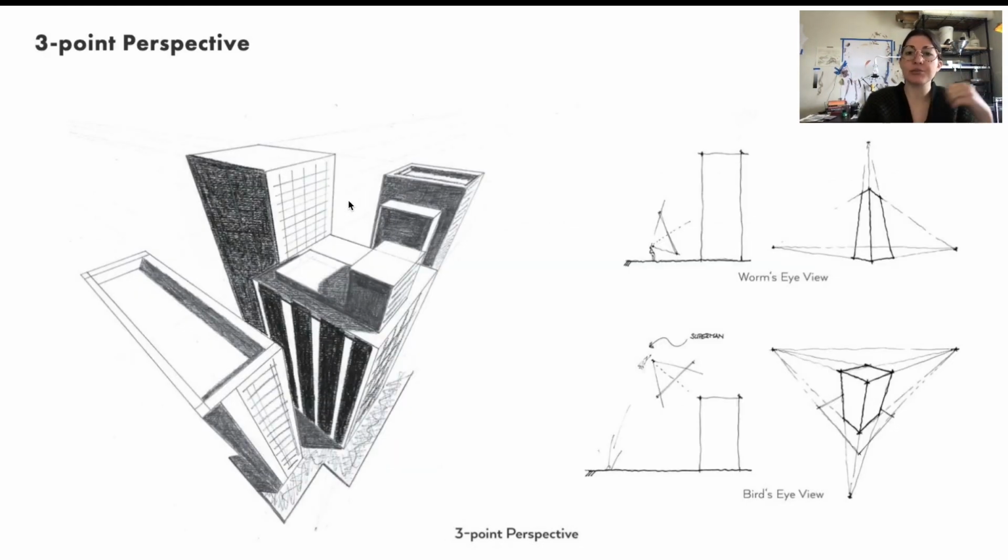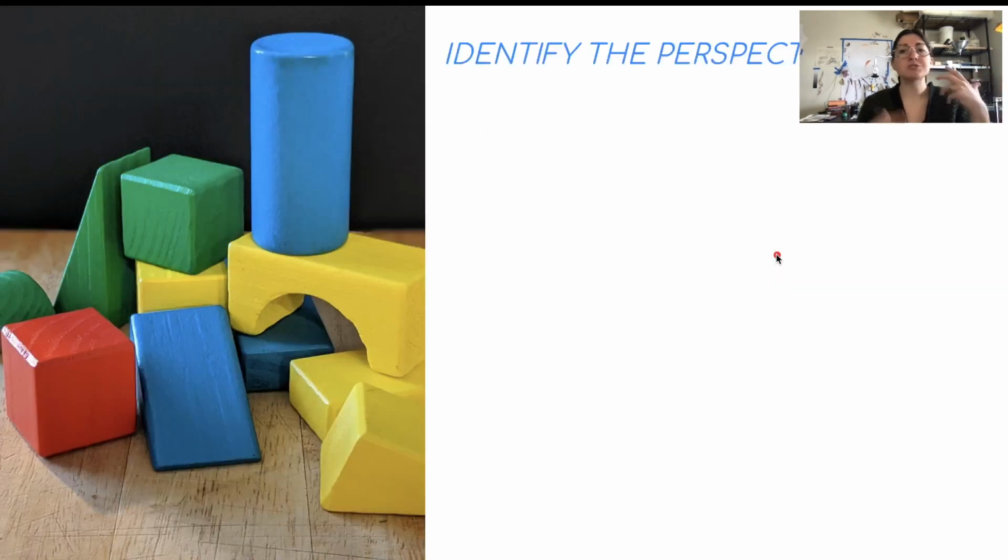So it's not going to be like three-point perspective where we have a third point existing above or below the horizon line, but rather we'll have a horizon line with multiple dots on that horizon line, okay? So here's my good example, and this is where I ask everybody to identify this particular perspective. Now, in 1 point perspective, normally we see the front-facing side of an object, and then one side or either the top and bottom. With 2 point perspective, we'll actually see a corner piece of the work,